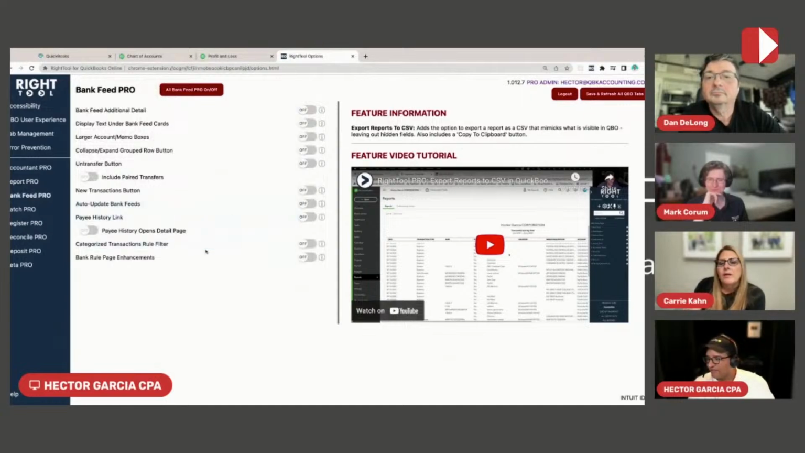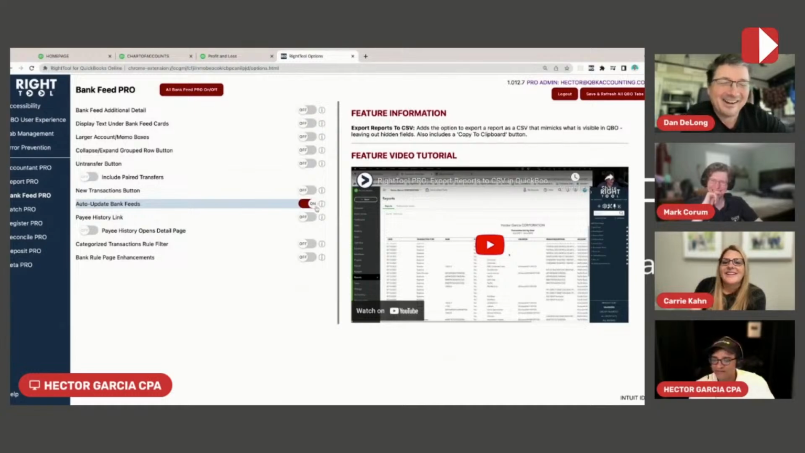Bank Feed Pro. Oh my God, there's so many things to show here. But I want to show you a couple of the big ones. So number one, you can come back next week if you want, so we have auto update bank feed. Basically, every time you log into QBO, it runs the update for you. So it saves you that click. I know it's just a click, but hey, if it saves you 1 second, it qualifies as a RightTool thing. Okay. Then we have the new transactions button, which is really interesting too. Then we have